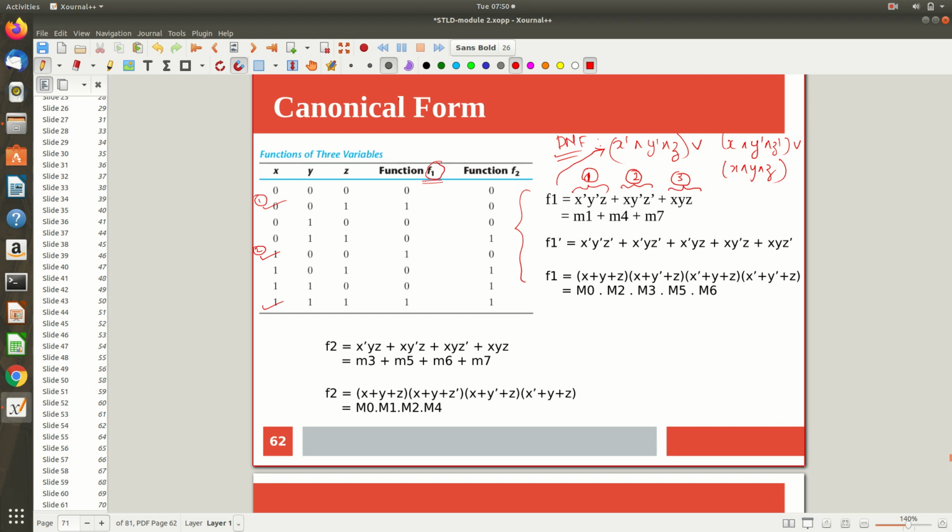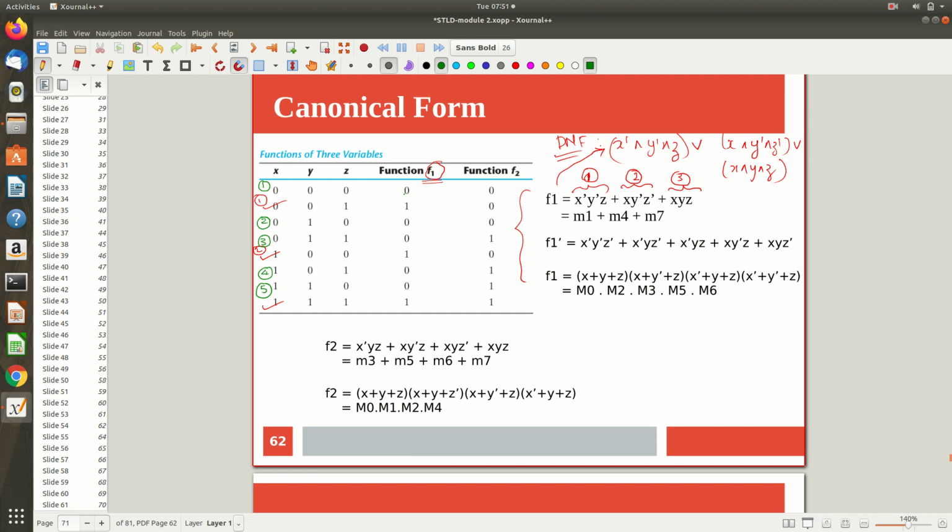Now the important thing is, the function is going to give me a 1 in these 3 cases, right? Now let me see when the function is giving me a 0. I am just focusing on the entries where the function is giving me a 0. Now you can see that the remaining 5 combinations are giving me 0. Let me denote them, so I am using a different color. This is another case, this is another case, and this is another case, and this is another case. In these 5 cases, you can see that the function is